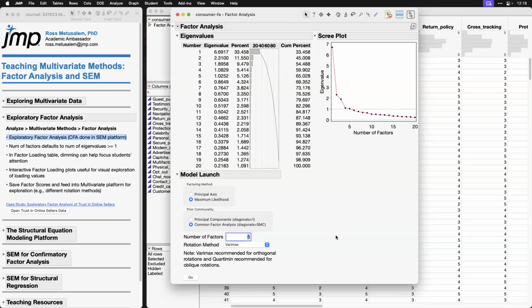You'll notice JMP has populated a value of 5 for the number of factors by default. I'm sure you will get students saying, why 5 factors in this example? Or, they'll notice that across different data sets, that default number changes, and they're going to ask why. So know that JMP defaults to a number of factors equal to the number of eigenvalues with a value greater than 1. So you'll notice right here, the eigenvalue for the 5th principal component is 1.02, but for the 6th